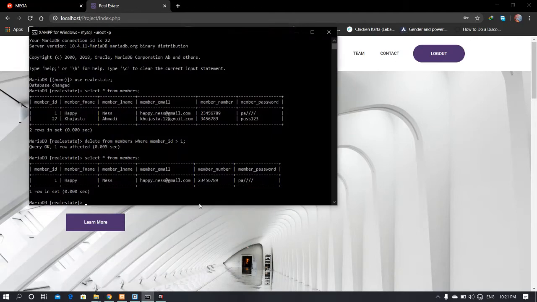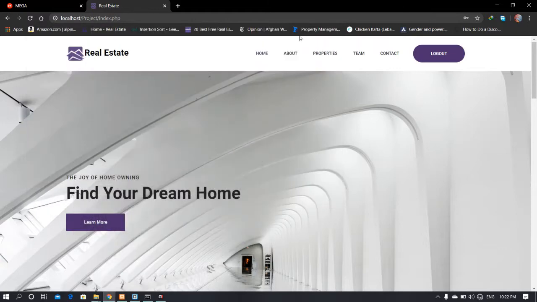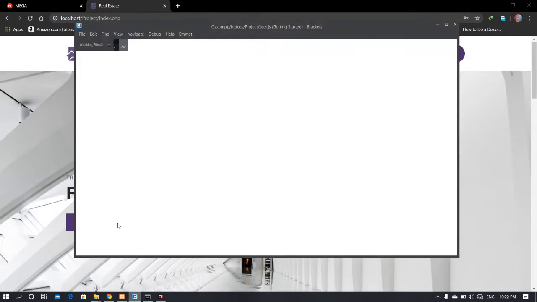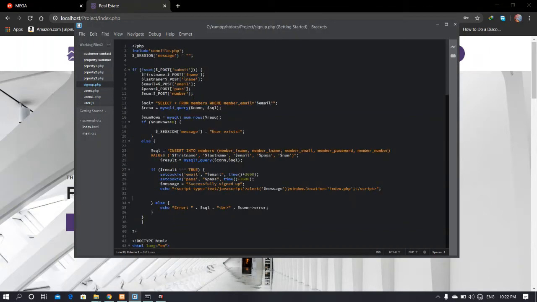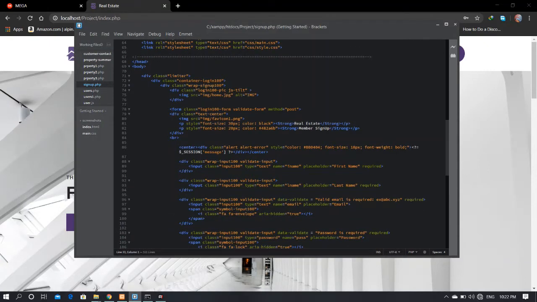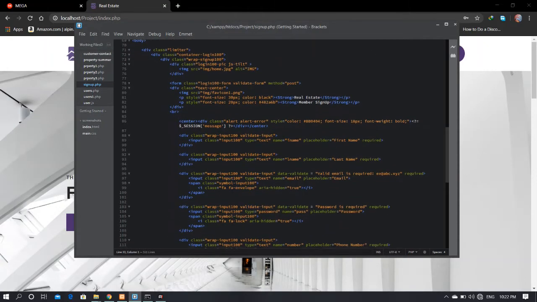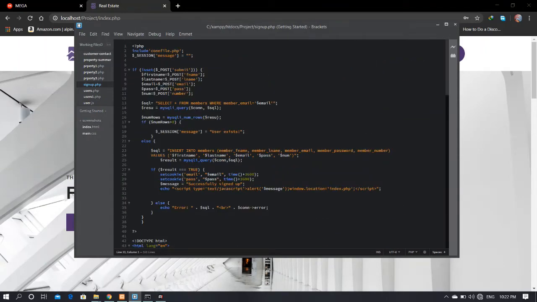So if you look at the database, now my name is entered here. So let's see how the code works here for sign up. So basically, in the sign up form, the button of sign up, the name is submit. So in the code, since the method of the form is post, it sees that